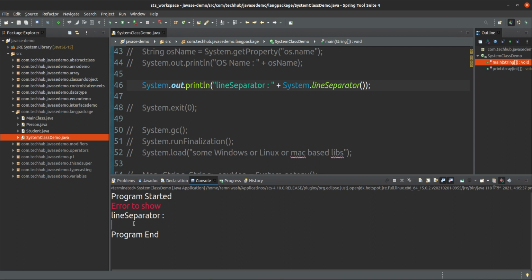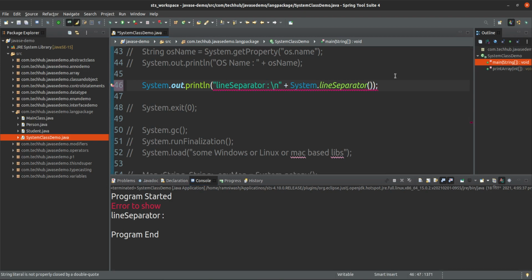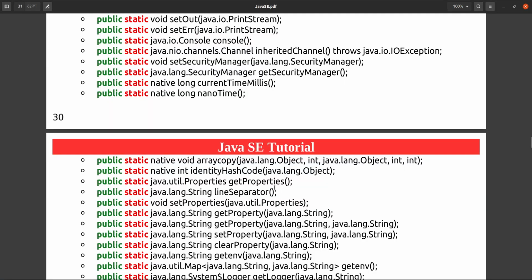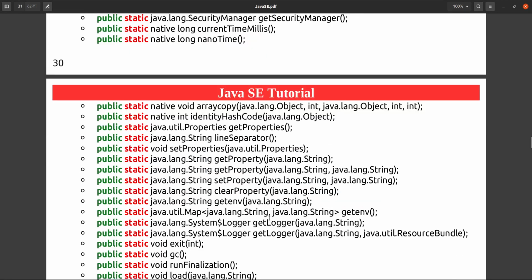Line separator is actually similar to new lines only. The next one is setProperty.